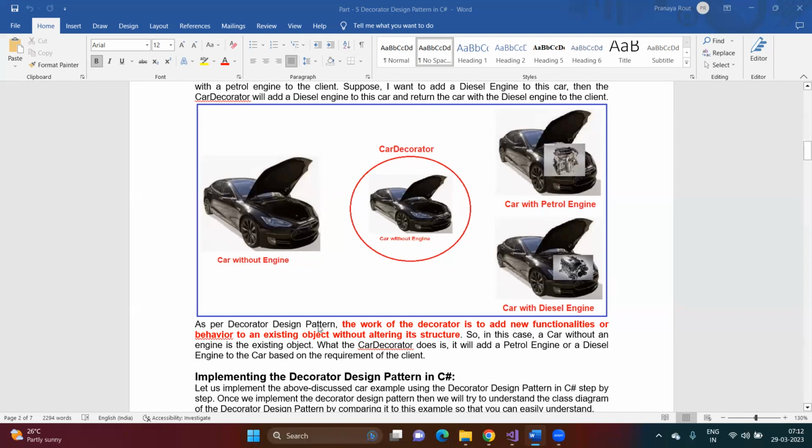So as for the car decorator design pattern, the work of the decorator is to add a new functionality or behavior to an existing object without altering its structure. Whenever I say car decorator, you need to consider this an abstract class, so you cannot create an instance of this class. While I'm saying the decorator, you have to consider one of the child classes which implement this car decorator